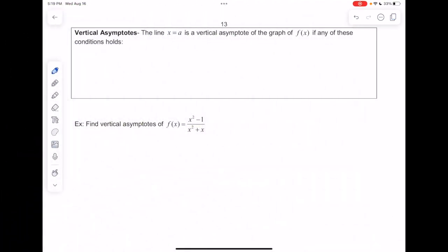All right, we're going to use this box here to summarize some of the things I said on the previous pages about vertical asymptotes. So the line x equals a is a vertical asymptote of the graph of f of x, or y equals f of x, if any of these conditions hold. So one of the things we talked about is direct substitution. So if plugging in a in place of x